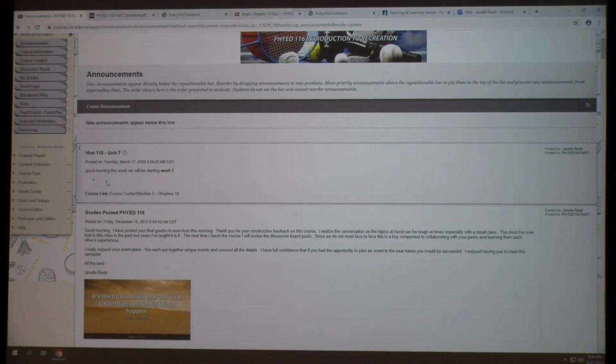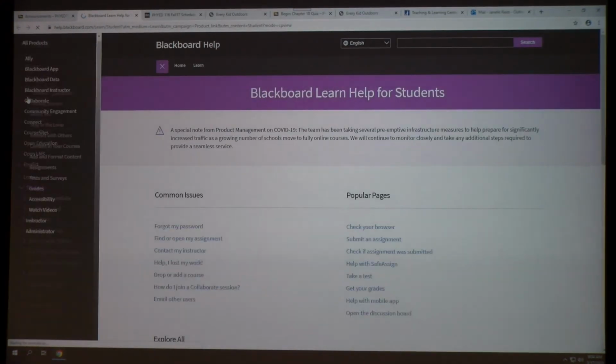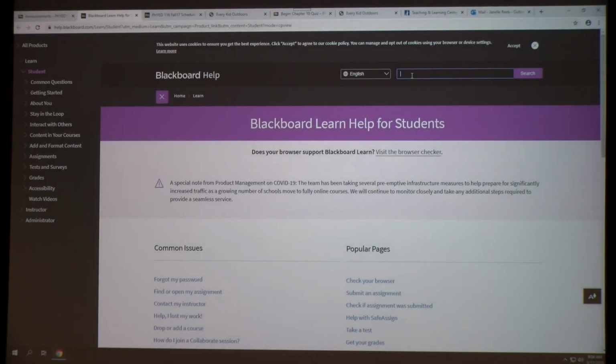Okay, one other thing I just wanted to say real quick is just be careful. Your students are new at this too, so you're going to really have to communicate with them. Use your announcements. Encourage them to email you if they're not sure how to get through that. And actually, the Blackboard Help for Students is a very helpful tool as well. If you go into Blackboard Help, you can put a topic up here,